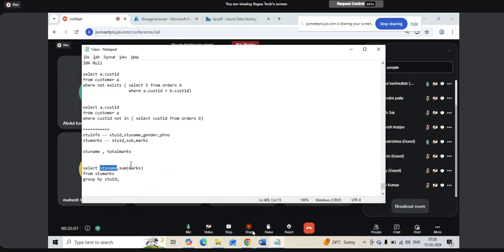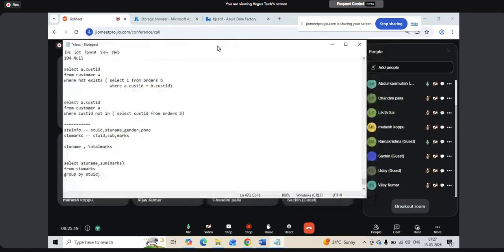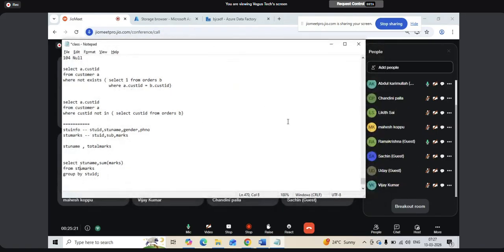That's what I told, right? If you write like this, it will throw an error. So to make it valid, what will you do? We can use joins. We can combine the tables and segregate. Anybody else? Likit, Chandani,